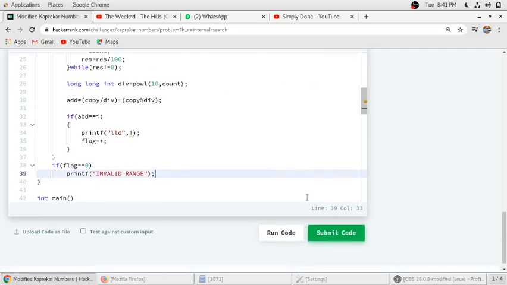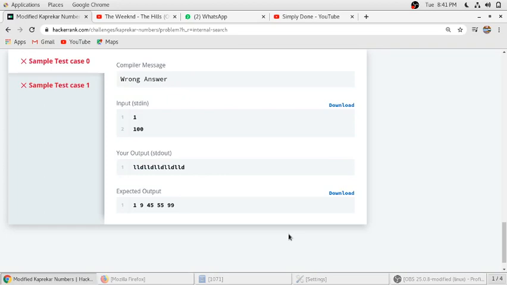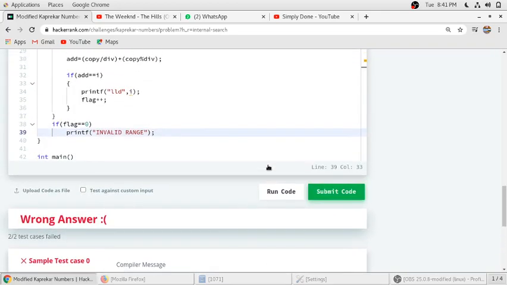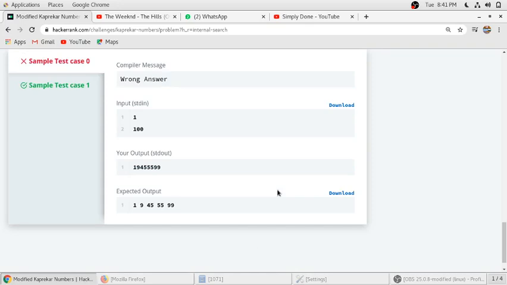We will run our code as usual. Here is some defect: I forgot to give the percentage mark here, so this will give an error.